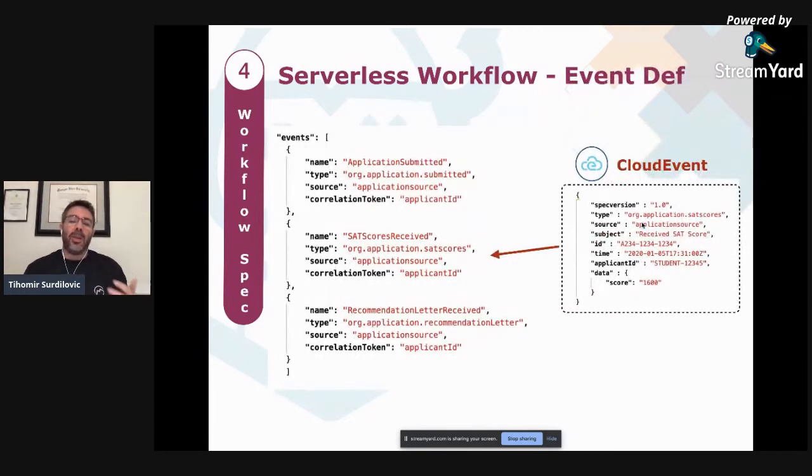As far as events, because of course the serverless workload specification came from the cloud events team, for event definitions, we do enforce cloud event format. So as far as events, we have things like type, source, and we can also define event correlation. So multiple events can correlate to the same workflow instance, for example. And for that, we can use a correlation token parameter, which just references one of the parameters in the cloud event that can be used to reference, for example, multiple events to the same type of orchestration instance.